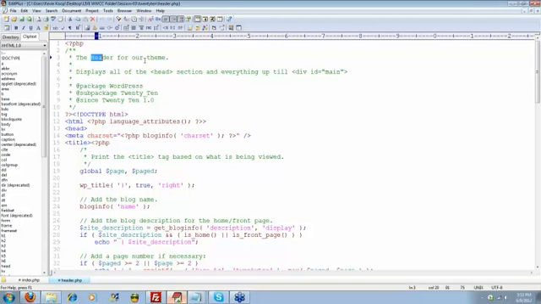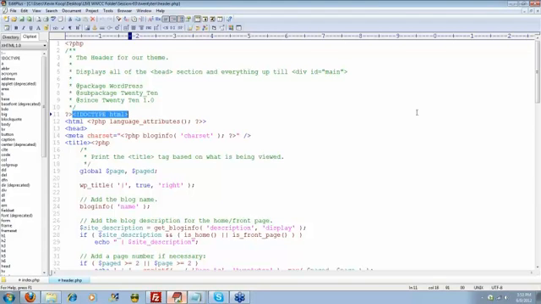So it's the header for our theme. It displays all of the head section, everything up to, and they even give you the specific div ID that it's going to show the content up to. And then there's some other stuff that's specific for the 2010 theme that we don't need. And then it starts the actual HTML content, just like